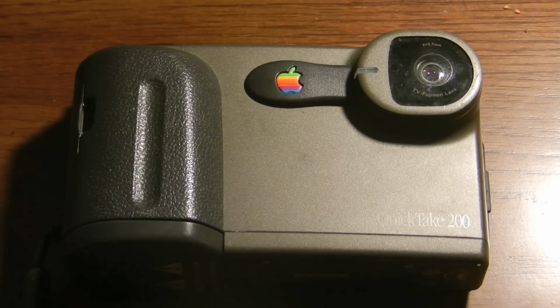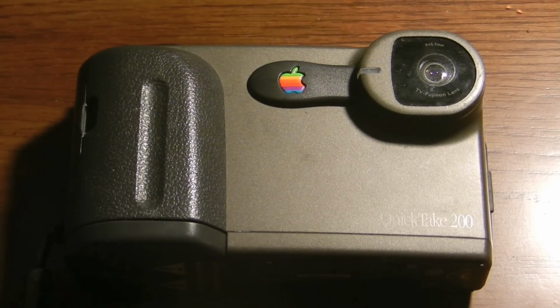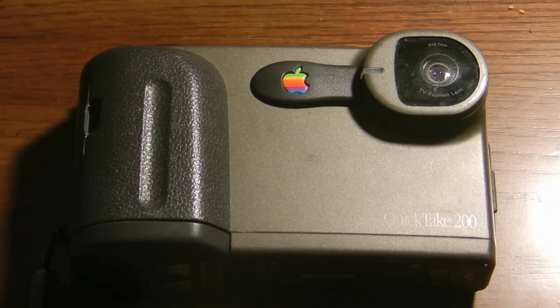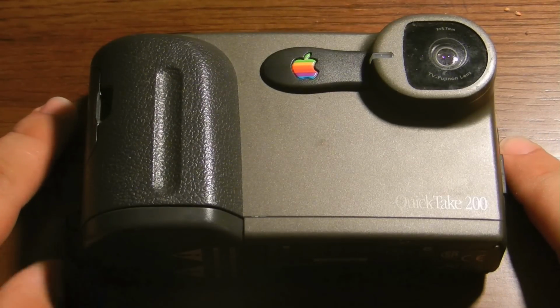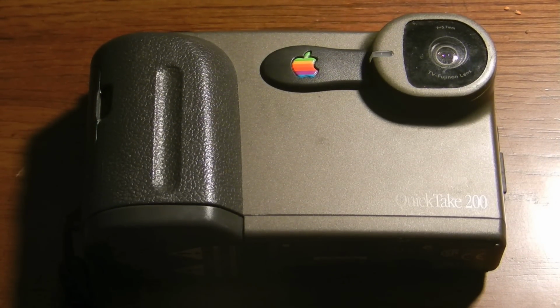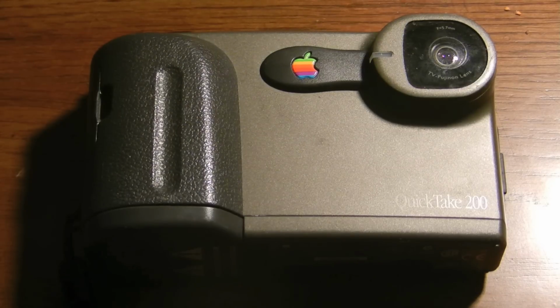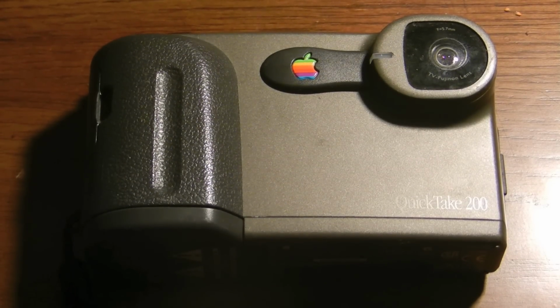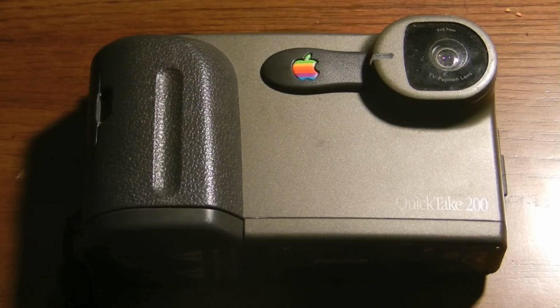Now this is the QuickTake 200, but there's also the QuickTake 100 and 150. So they are somewhat rare. They're kind of hard to find. So this camera came out in around 1996, about a year and a half before Steve came back to Apple. Once he came back, it was completely discontinued along with a lot of other Apple products,